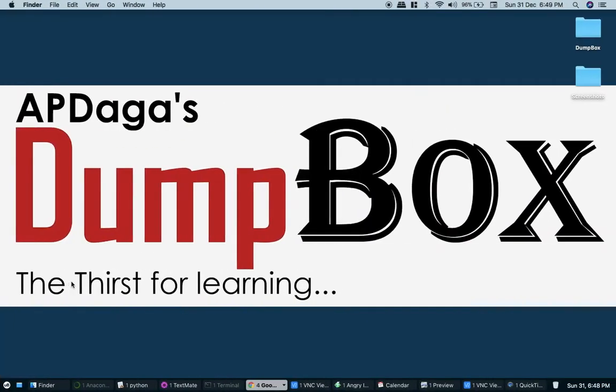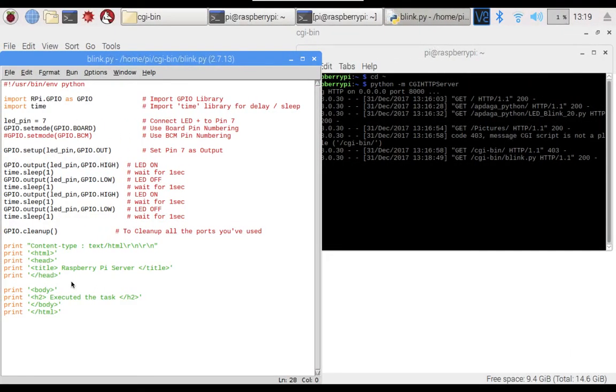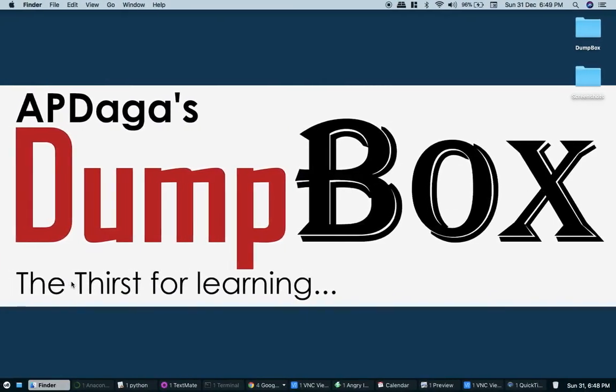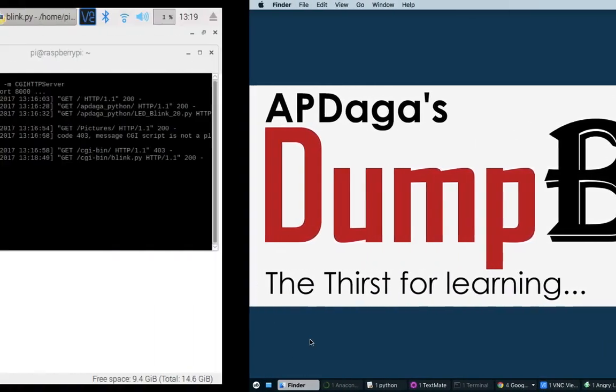There are many more applications. In the next video I will show you. I will collect temperature data using Node MCU from sensor LM35. Then that data I'll send to Raspberry Pi. Then our Raspberry Pi will log that data in one file, and the same data will be sent to ThingSpeak server, and there we will observe the graph, temperature versus time. Okay, so that will be the complete architecture of any IoT application. So for that I can show you some basic things right now.